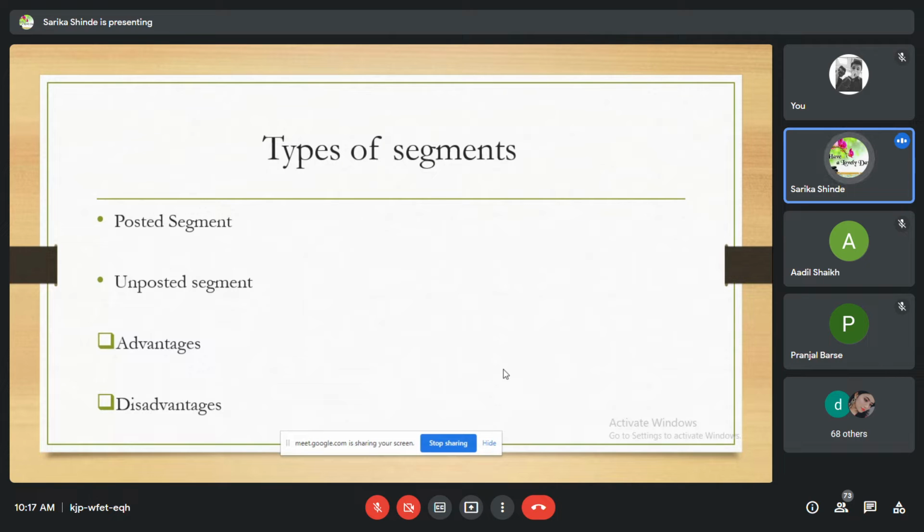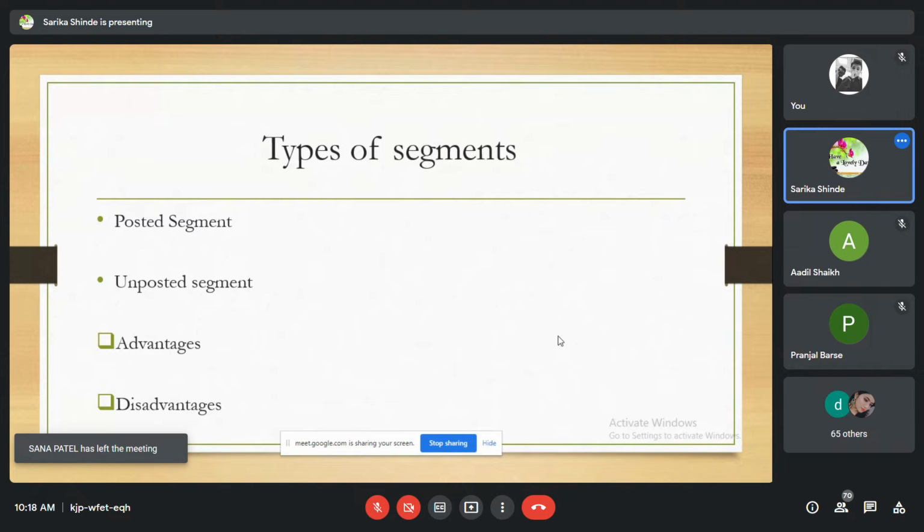Now we'll see some disadvantages of segments. The first disadvantage is extra overhead is created to maintain the segment table. The second disadvantage is the display file and segment work together to paint the scene. The third disadvantage is an optimal number of segments needs to be created for efficiency. And another disadvantage is the content of the display file is no more independent now.